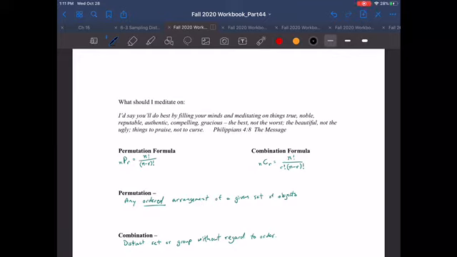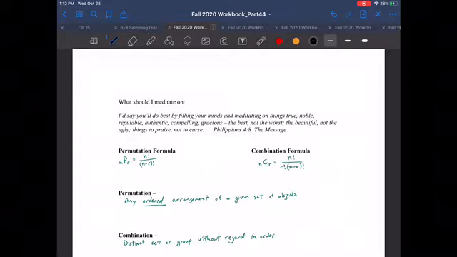All right, we're going to get started here with chapter sections 11.7 and 11.8, where we look at permutations and combinations. I have the equations, the formulas written out for them right there, but we're going to talk about them first. So a permutation is basically an ordered arrangement. Note the word ordered,